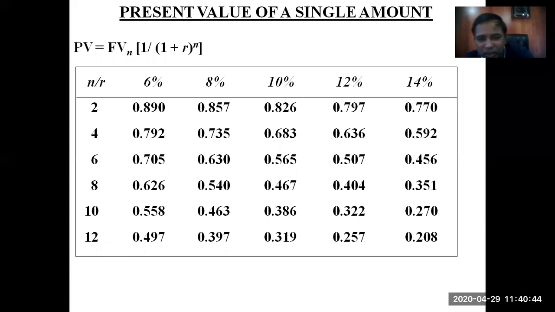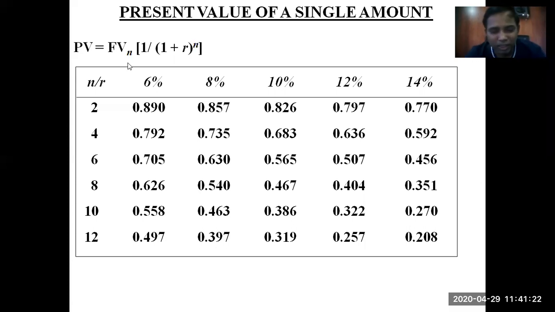And we discussed the future value of an annuity for a given period of time. This is a factor value table, and this is the formula with the help of which a factor value can be calculated. FVn is the future value after a certain period of years. Now, this is the formula for present value. The present value is equal to the future value, that is, whatever amount you are going to receive after a certain period, multiplied by the present value interest factor.